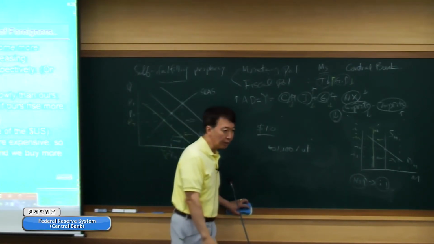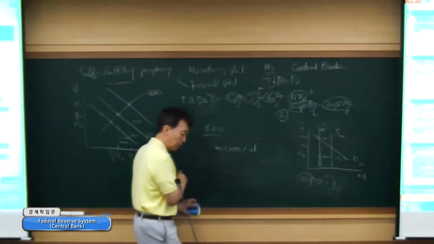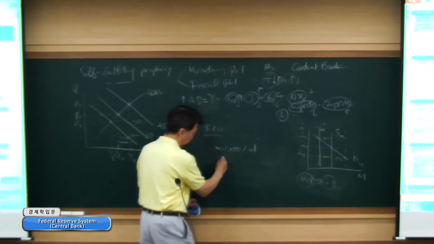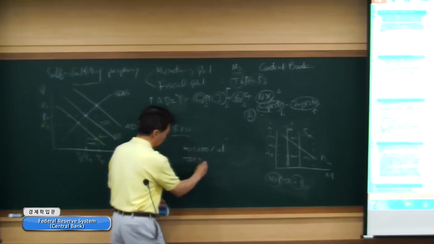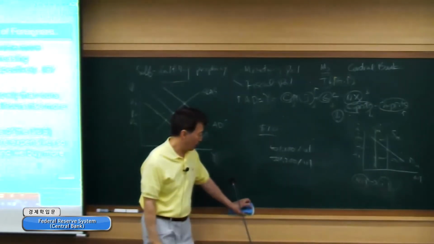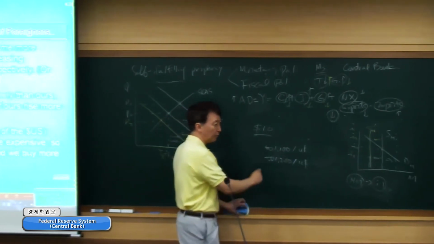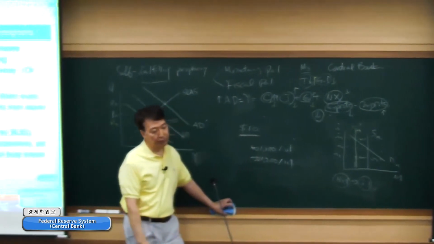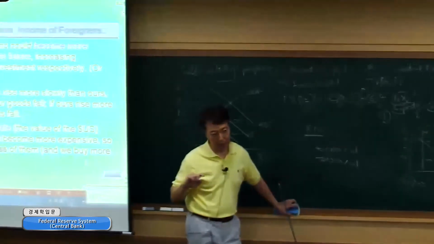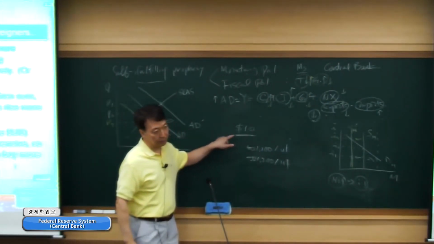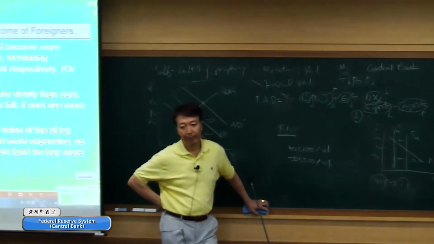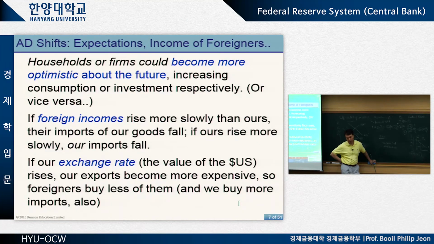But if the exchange rate goes up, right? So let's say the US dollar becomes stronger, right? So in order to buy $1 US, now you have to pay 1,200 won per US dollar. Okay? And that means even if there was no change in the price of wine, this California wine, right? If the Korean people want to buy or import a bottle of California wine, you have to pay what? 12,000 won, right? So the import becomes more expensive,